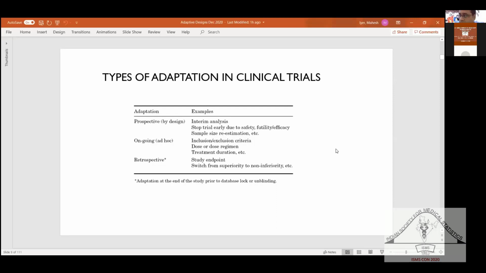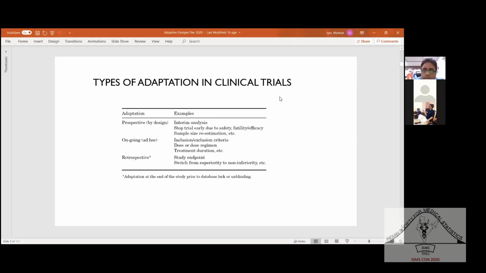Why would that happen? Study endpoint, are you referring to the outcome measure or at the time which we planned to end the study? The outcome measure. I'm not sure on this.